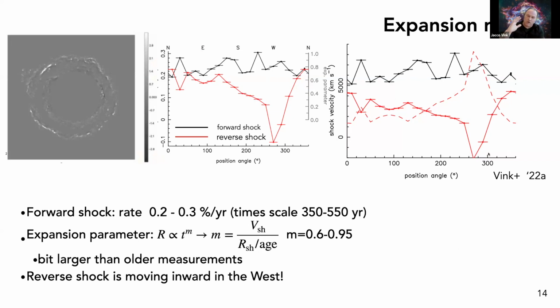velocity of the shock going inward and the ejecta going outward. And this relative velocity is shown here in this dashed line. And you see that the reverse shock velocity in the west is really going up to even 8,000, 9,000 kilometers a second. So that's the most powerful shock that we have in Cas A.